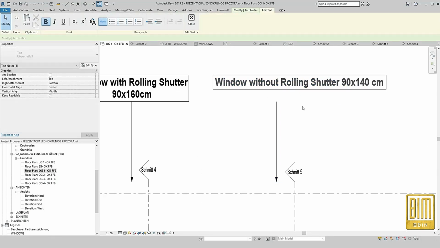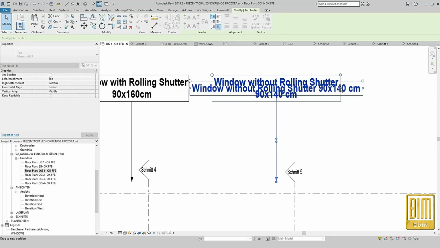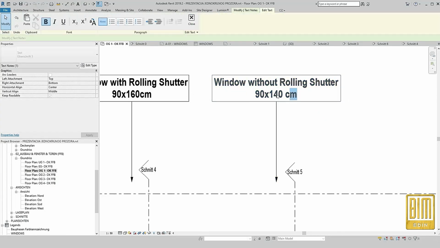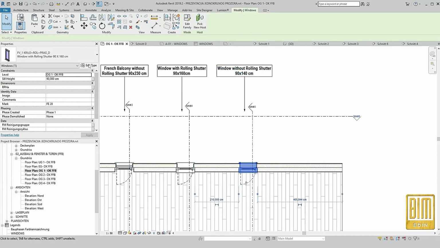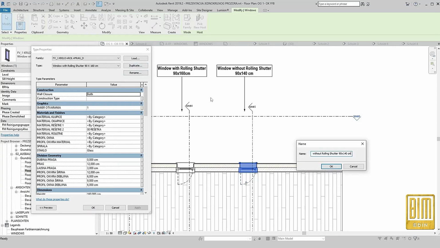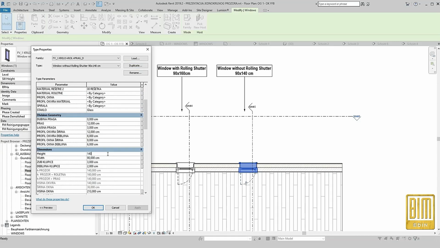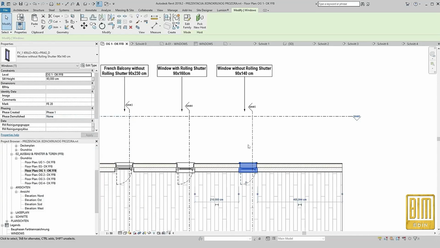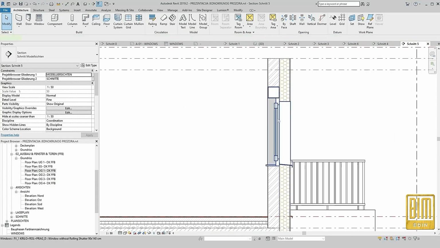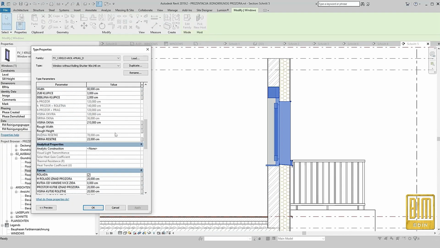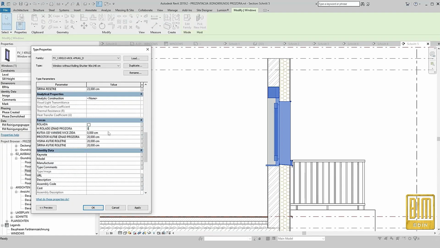As you can see here, we have the changes in the height of this window when we turn off the rolling shutter. In this family, I've added the rolling shutter into the height of the complete window. So later when we add the dimensions, in the dimensions we can add the height on the window. Of course, we can add the height of the rolling shutter and these parts that go into the floor layers